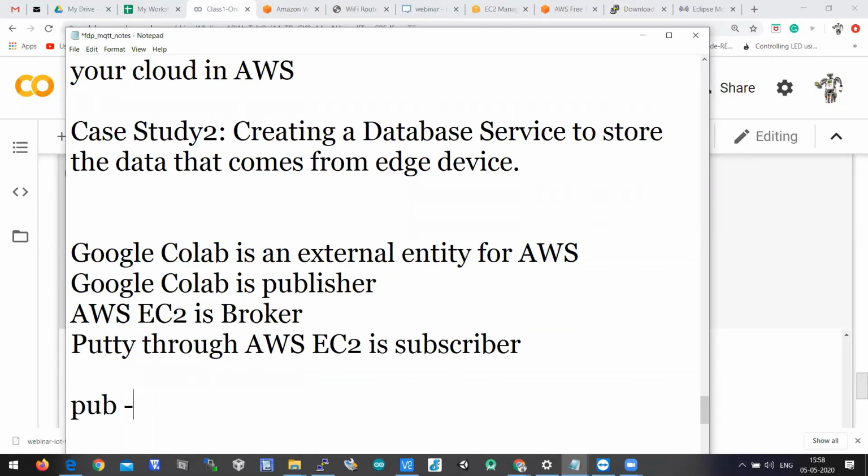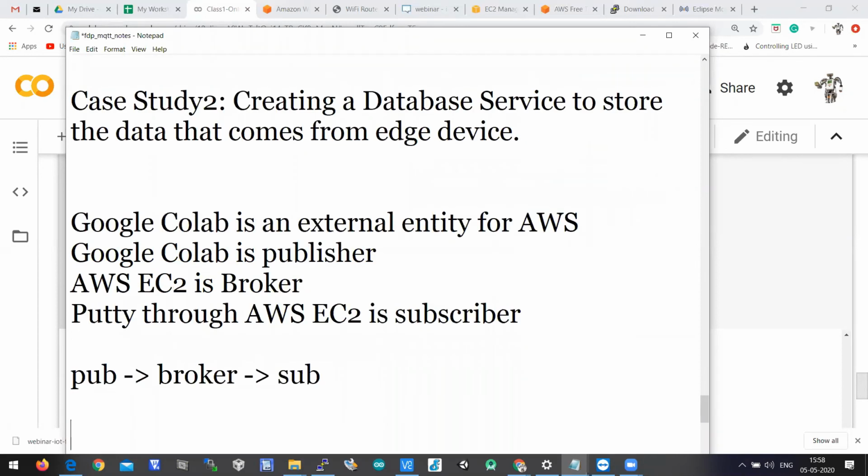So the publisher is sending data to the broker, the broker is sending data to the subscriber, but the broker is your own AWS instance. That is what I'm saying.